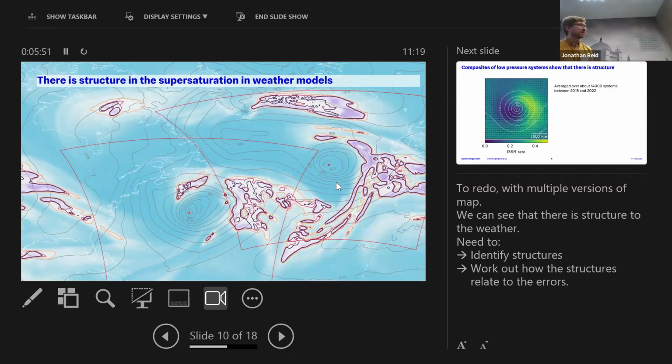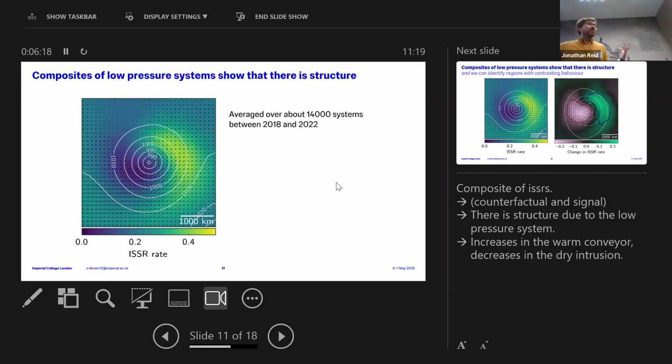And then the final part of this work, in the methodology, is to identify the structure. In the North Atlantic, in the extratropics, the weather is really shaped by these extratropical depressions, these storms, and those are characterized by these surface pressure minima. So those are where we've drawn these regions around it, and we collect the data on the ice supersaturation occurrence within those regions and stack them all together. And that leads us to a composite supersaturated region around a composite storm system, if you like.